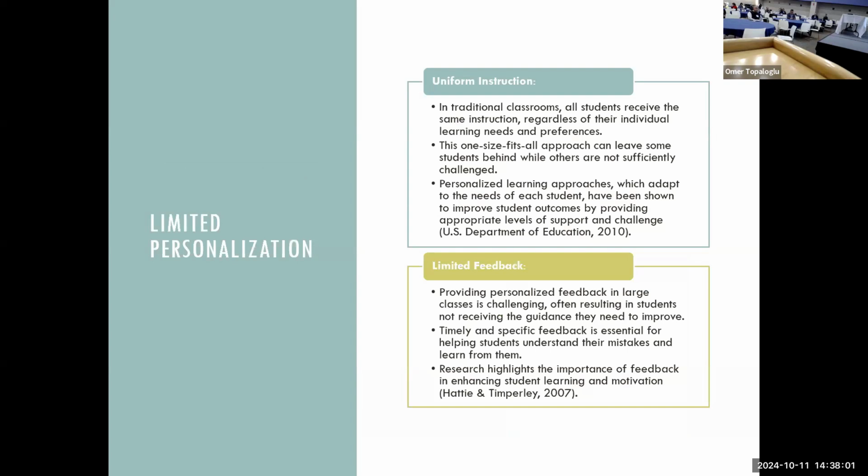And also the limited feedback is another one. So for the limited personalization, students, if they're lucky, they get just the grade, but not necessarily any feedback for the parts they couldn't do well in the course-related activities. And there are also a lot of reasons for that. If you are teaching 300 students, it's very difficult to give feedback. So there are the other structural reasons as well.